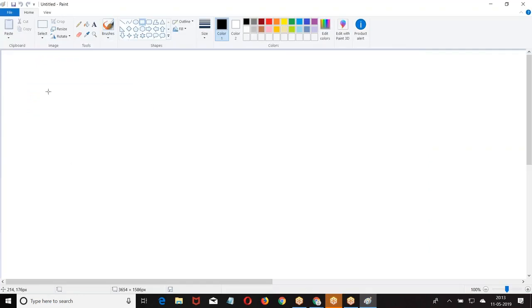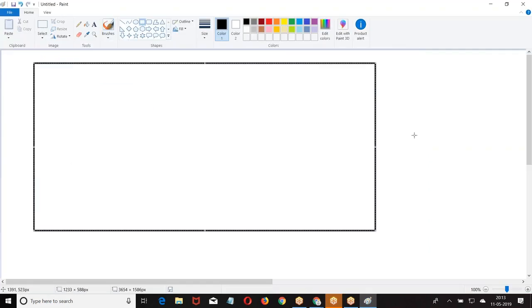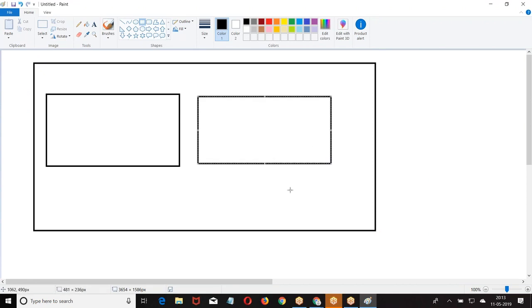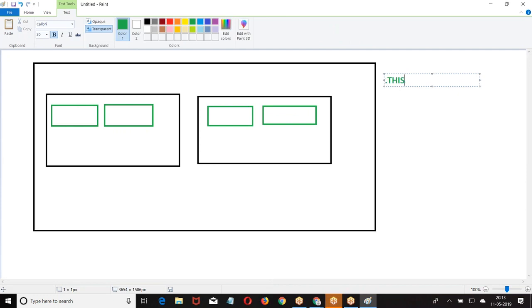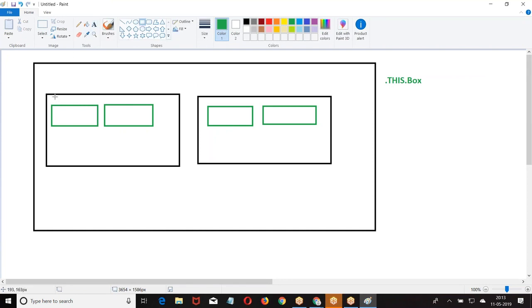Look at the point. Now I have component 1. There are two components. Now within this, I have inner elements. When you say dot this dot box, this can be applied only to these outer blocks.